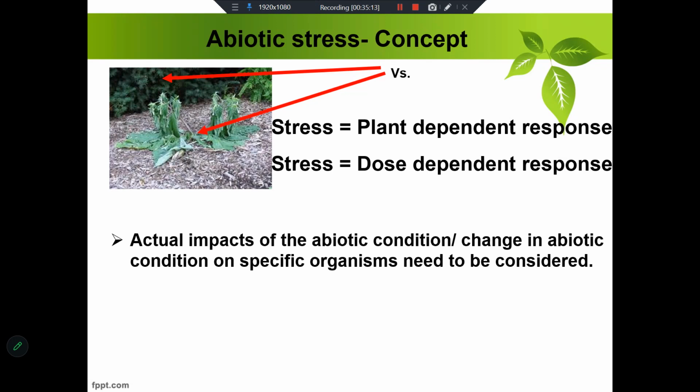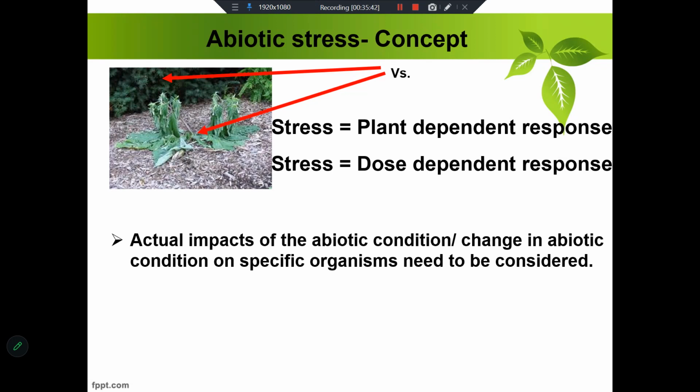So if the temperature is increased by 10 degrees centigrade, that increment of 10 degrees centigrade is not the thing that we have to discuss under the abiotic stress, but we have to first think about what is the plant that we are interested in, what is going on in the plant. Okay, so the actual impact of the abiotic condition, or the change in the abiotic condition, on the specific organism needs to be considered when you have to